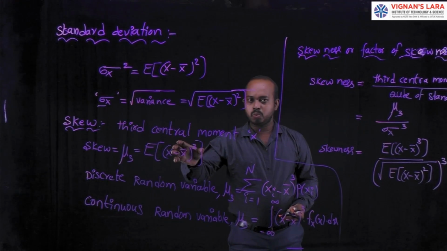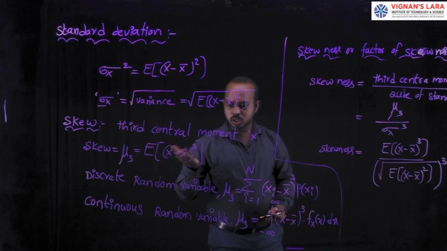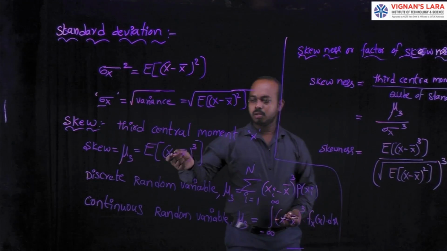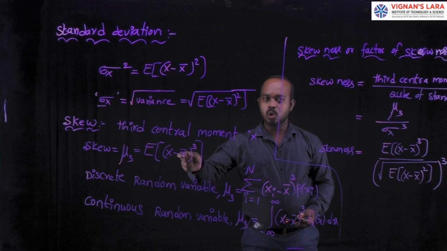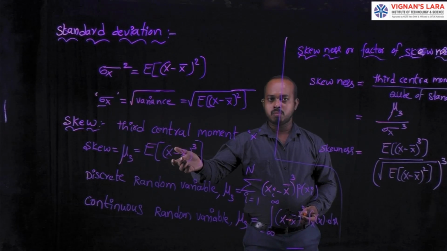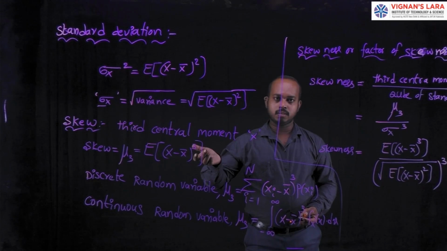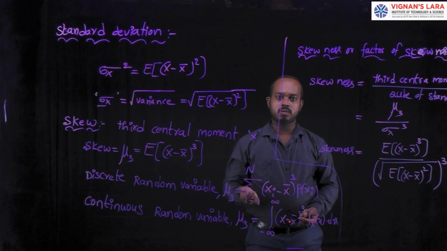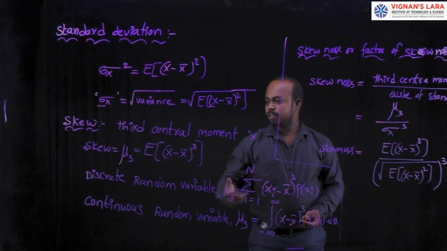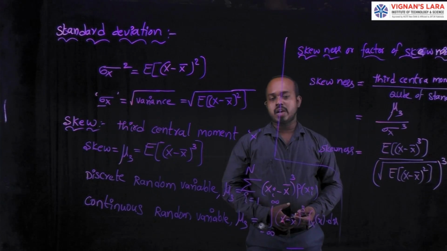Now we can apply the expectation to this value. Here you can expand this one. How to expand this one? Just simple. Apply the a minus b whole cube formula here. That is a cube minus b cube minus 3 a square b plus 3 a b square. This is the formula for a minus b whole cube. Then you can apply the expectation on this formula and easily calculate the quantities we have.